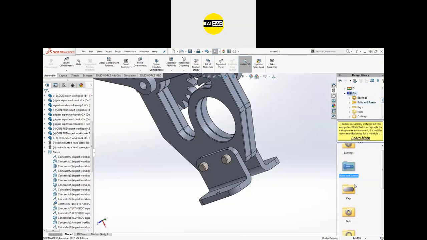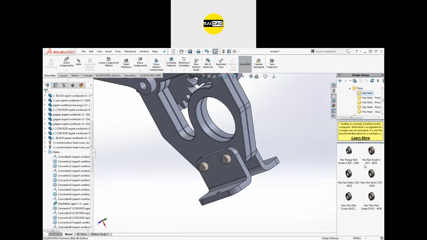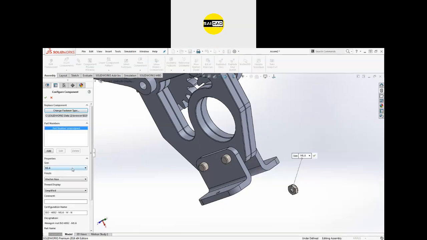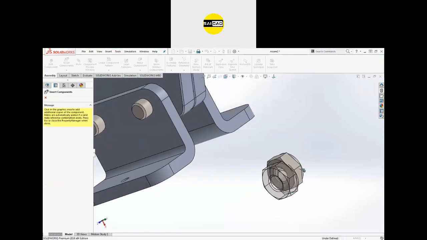Here are the nuts, hexagon nuts, that is hexagon nut style 1. So hexagon nut grade B, grade AB. Okay, this is the hexagon nut style 1 ISO. We need 4032 to tag that. We have the standard here that the size is M3WN, and to the washer, and then you can see that washer nut, WN means washer nut.